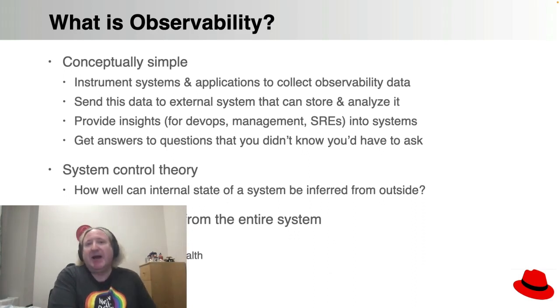You send that data outside of your production system. You send it to somewhere completely different, which is an isolated external system. The reason why is that if you attempt to store and analyze that data within your production system, and your system is down, you may not be able to understand or analyze the data because you may have a dependency on the system which is causing the outage. So for that reason, you send it to somewhere that's isolated and external.